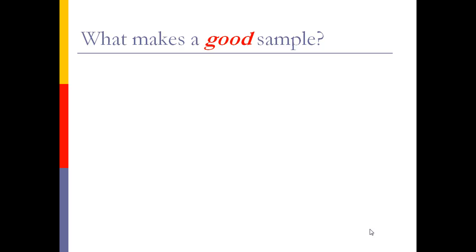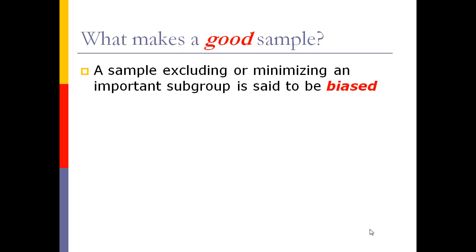So one thing we can do in order to collect a sample that has good hope of being representative of the population is doing something like minimizing its bias. Okay, so what does that mean? Well, we say that a sample is biased if it excludes or minimizes an important subgroup. So let's say, for instance, that we have a population and we want to make sure that in this population we collect information for both men and women. Well, we want to make sure that our sampling method does not exclude women or men or minimize their